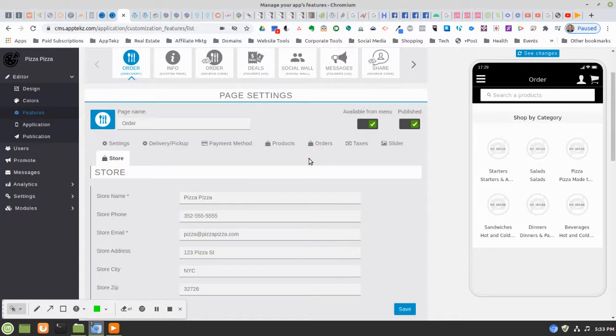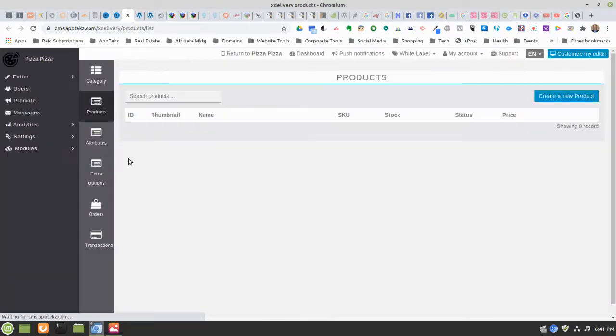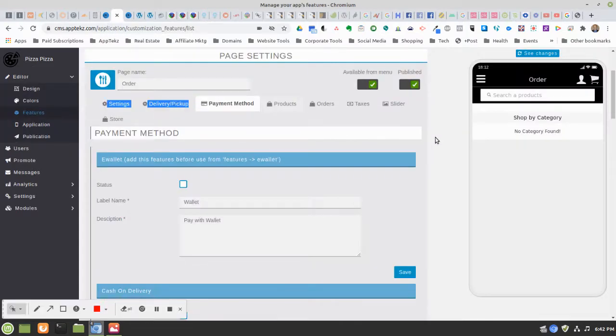And you can see the rest of the options that we have to set inside the apps. And that's going to open a new page for us, and you'll see this page starting to open here for our products. And this is where we're going to put our products, our categories. We can set up the attributes, the extra options, the orders, and you can see the transactions here as they start to come in. And so let's go back to our original screen,